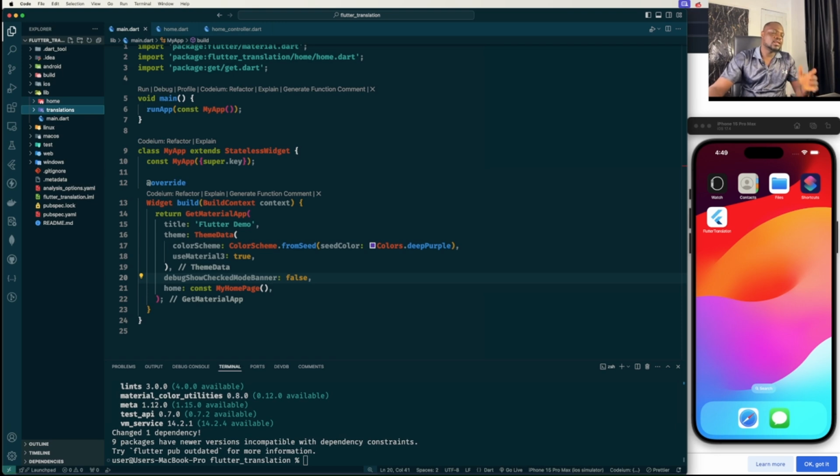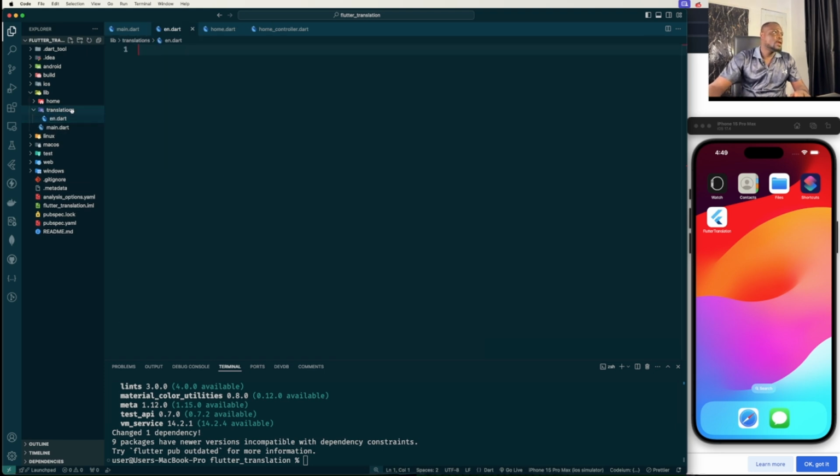Now you can call it anything you like, I just prefer calling it translations. Then inside there I can now add my translation file. Now I'm going to have two languages, I think I'll just do English and French. en.dart, that's for English, and then another one that will be fr.dart, that's for French. Then I'll now create a new file called this app